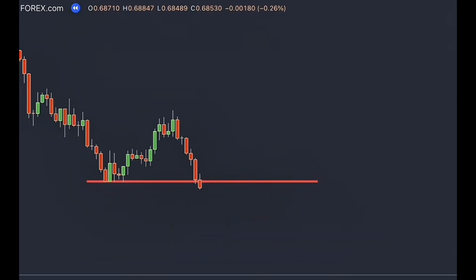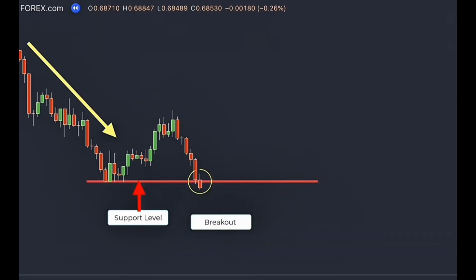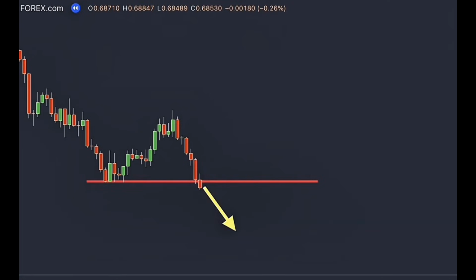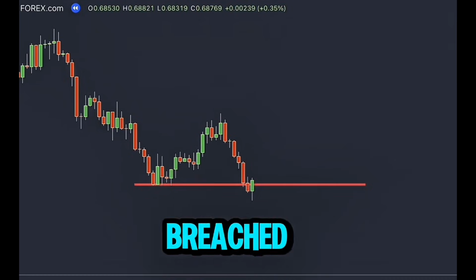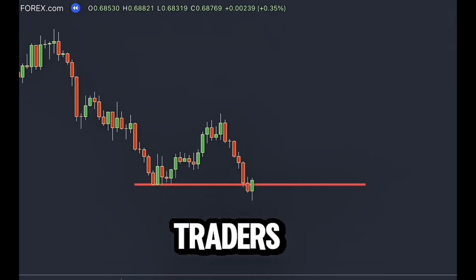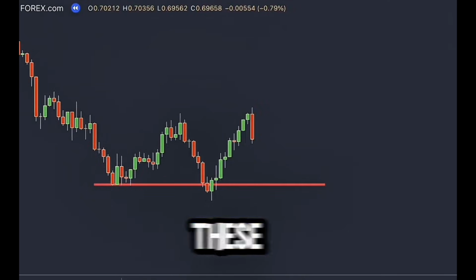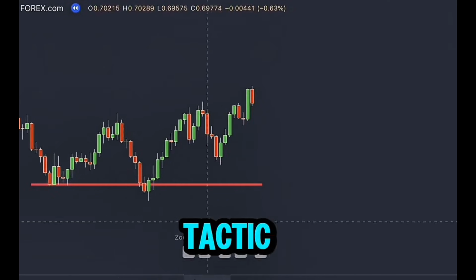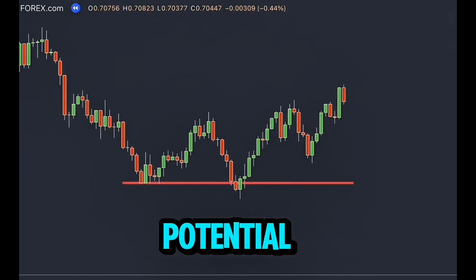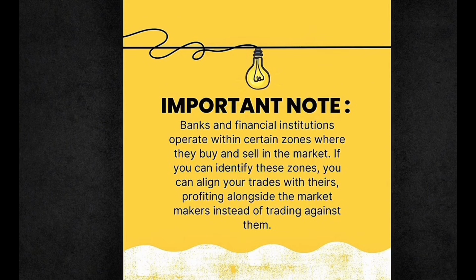Here's another example. Imagine the market is trending downward. After a support level is broken, breakout traders rush in, expecting the downtrend to continue. If you're trading breakouts, you enter the market confident that the trend will persist. But then, something unexpected happens. After the support level is breached, banks and financial institutions change their strategy. They know that a significant number of retail traders have jumped in to capitalize on the breakout. To trap these traders, they employ what's known as the false breakout strategy. If you're savvy to this tactic, you could buy after the trap is set, turning a potential loss into a profitable trade.